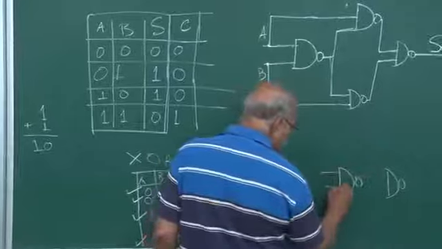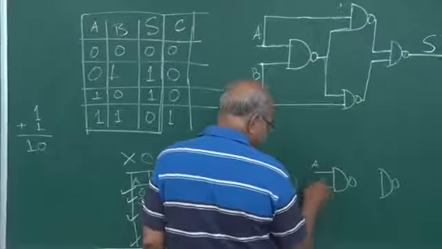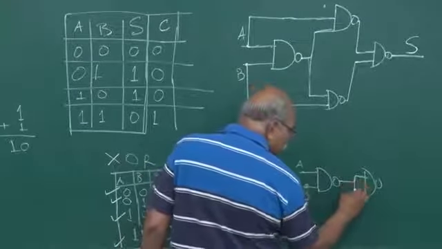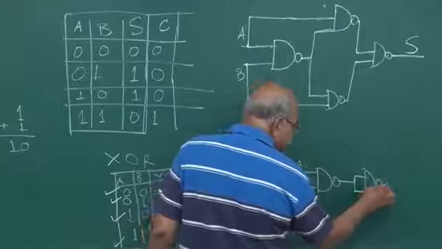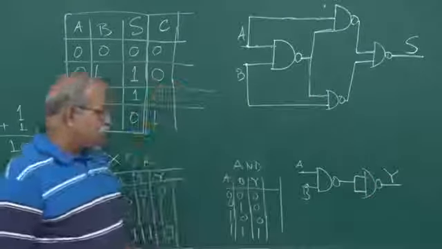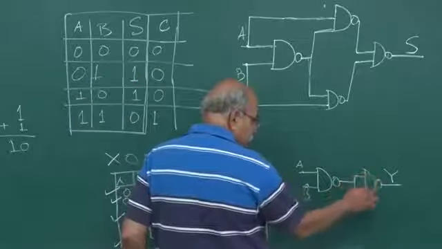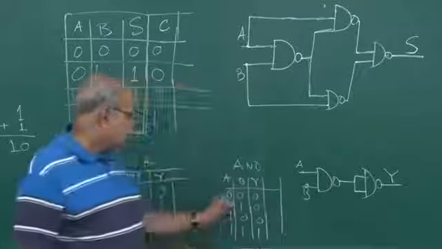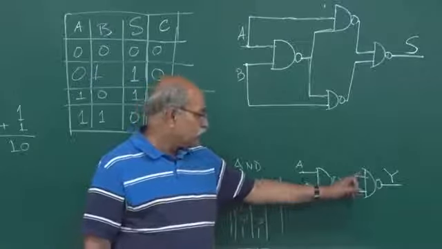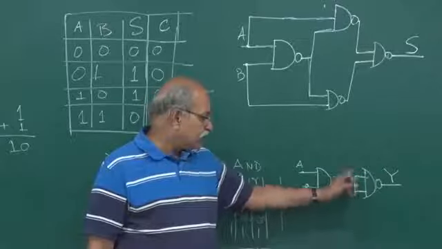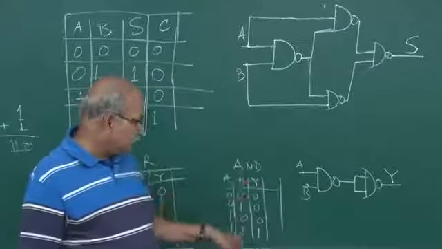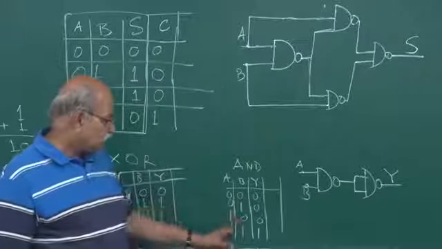your inputs go here, A and B, these are the input points, and then this output is fed to both the terminals and this is Y. So, you can very quickly check that this is AND gate. 0 0. So, if this is 0, this is 0, here it will be 0, here it will be 1. This will be 1, this will be 1. So, 1 and 1 is 1 and the not of that will be 0. So, it is 0,